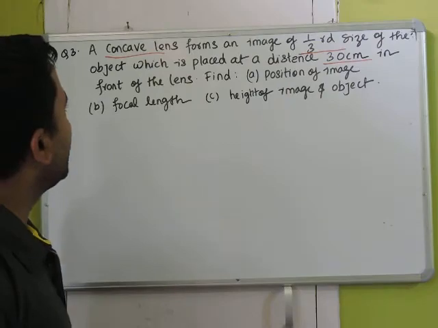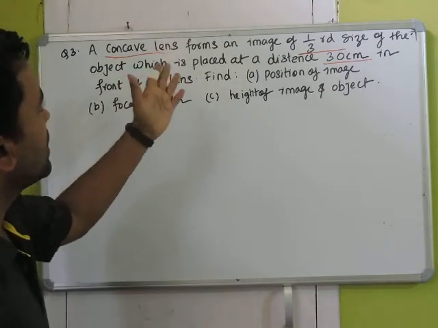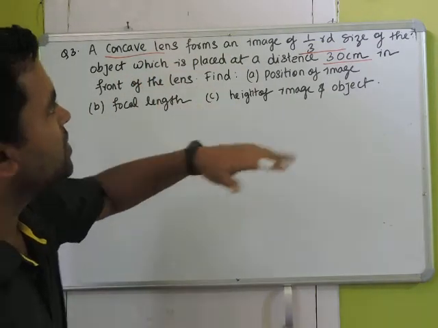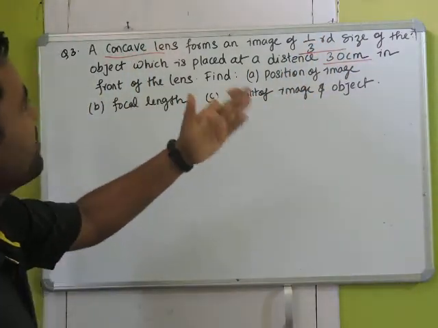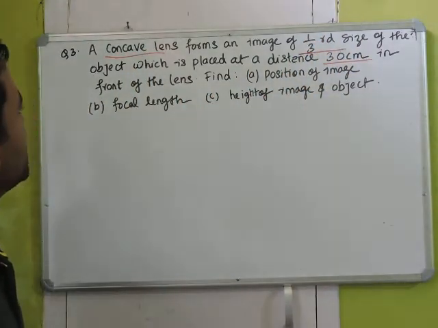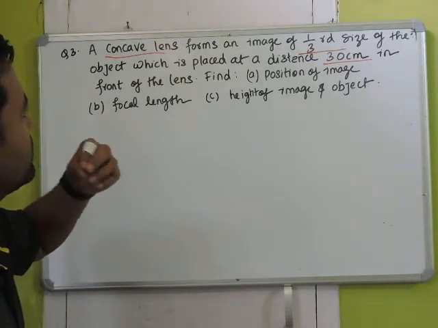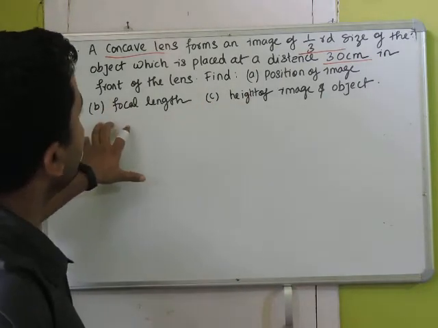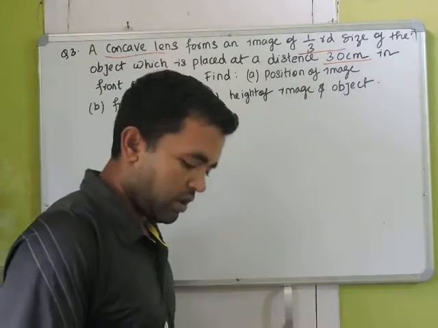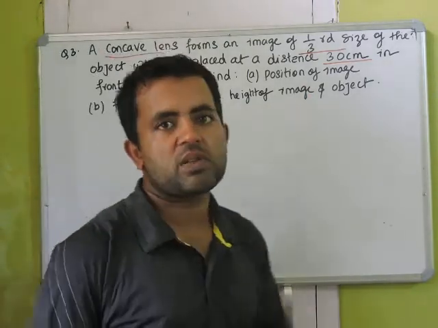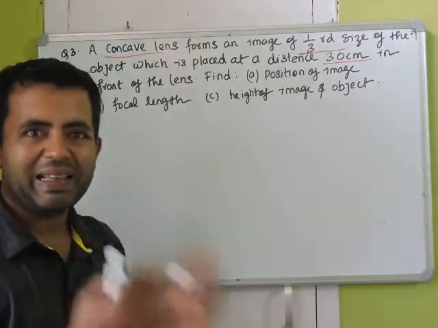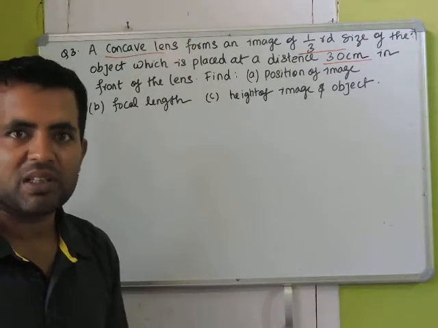In this question it is given that there is a concave lens which forms an image of 1 by 3rd size of the object, which is placed at a distance of 30 centimeter in front of the lens. Find the position of the image, focal length and height of image and object. Now if you can recall, a concave lens always forms a virtual, that means erect image, which is always diminished, means smaller